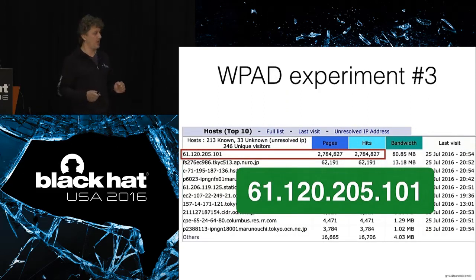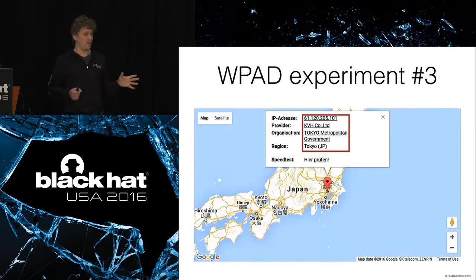I thought, okay, that's interesting, because this one IP address generates several thousand requests per day, first. And second, this IP address also generates traffic with different user agents. So for me, it means it's an exit point for some kind of big organization. When I Googled it a little more, I found out this is the government of Tokyo.